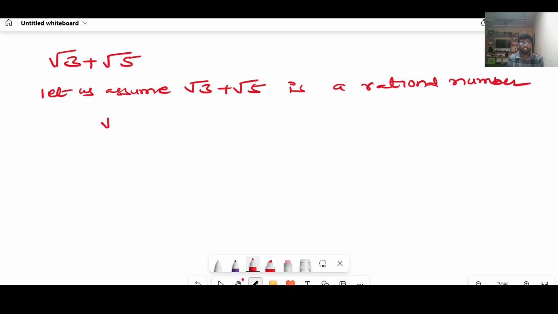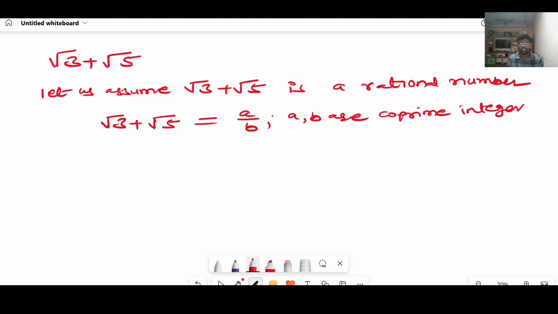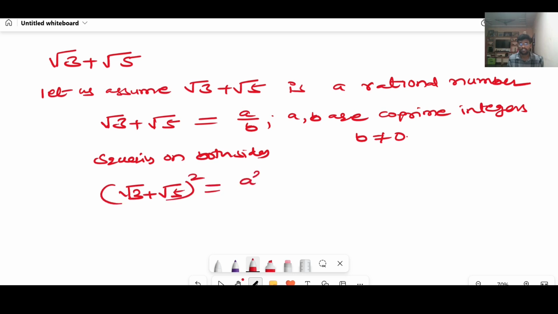If it is a rational number, it is in the form of a by b, where a, b are co-prime integers and b should not be equal to 0, and squaring on both sides, right? If you do squaring on both sides, you will get like this, and